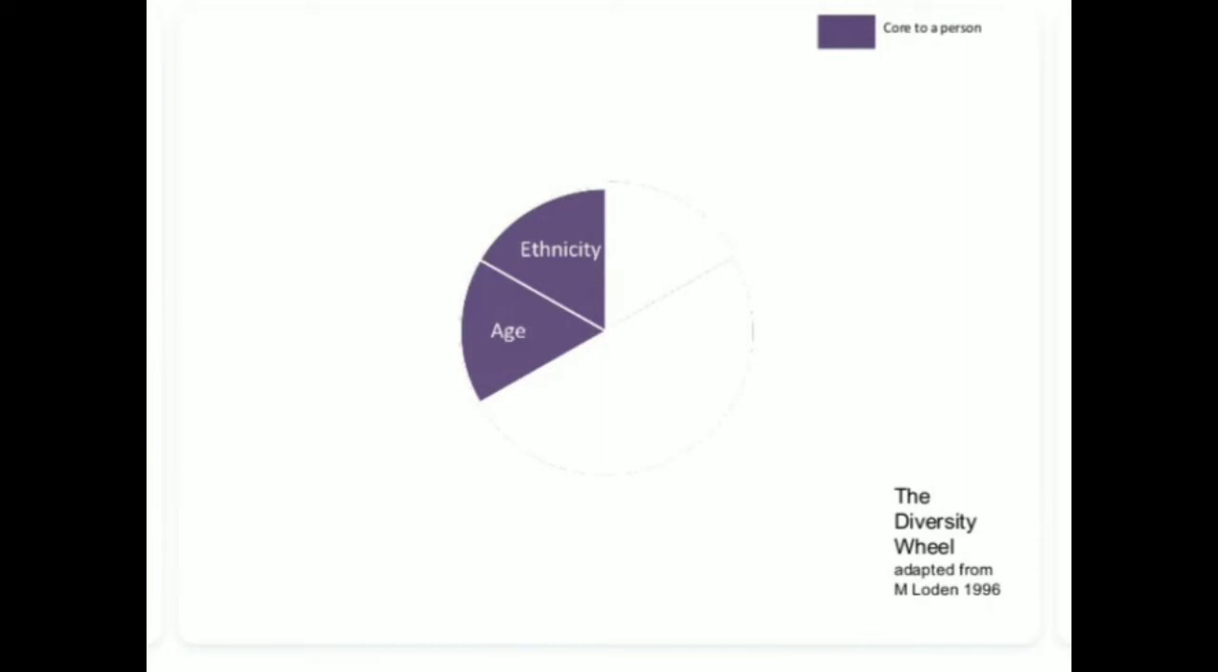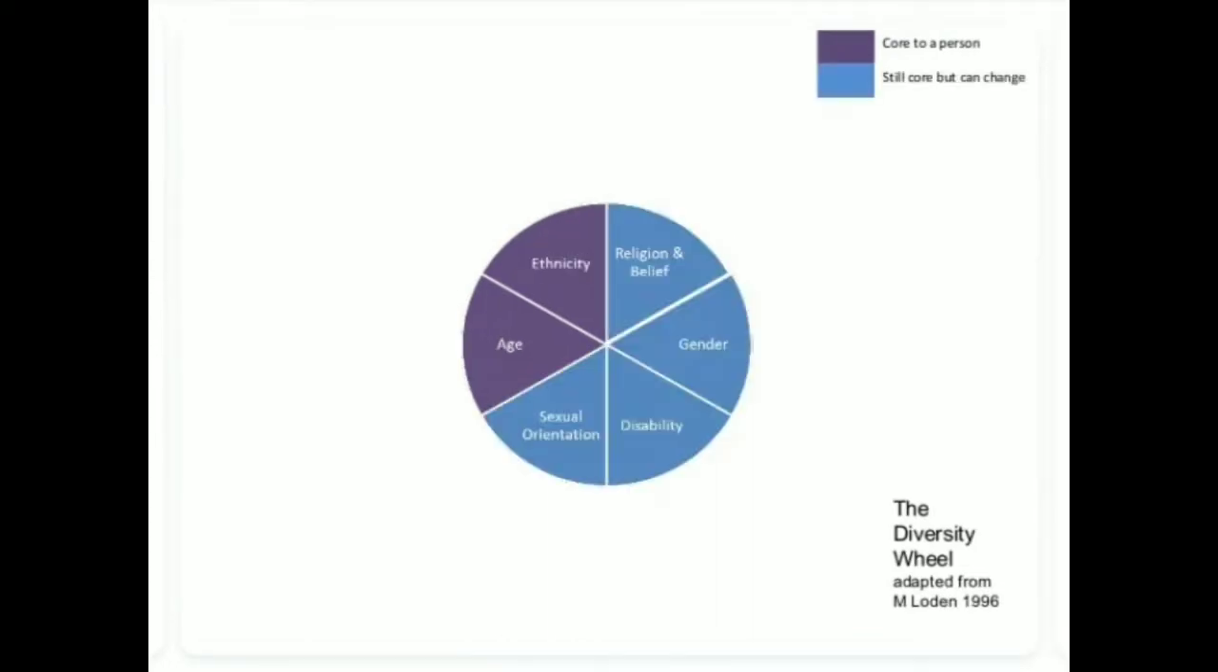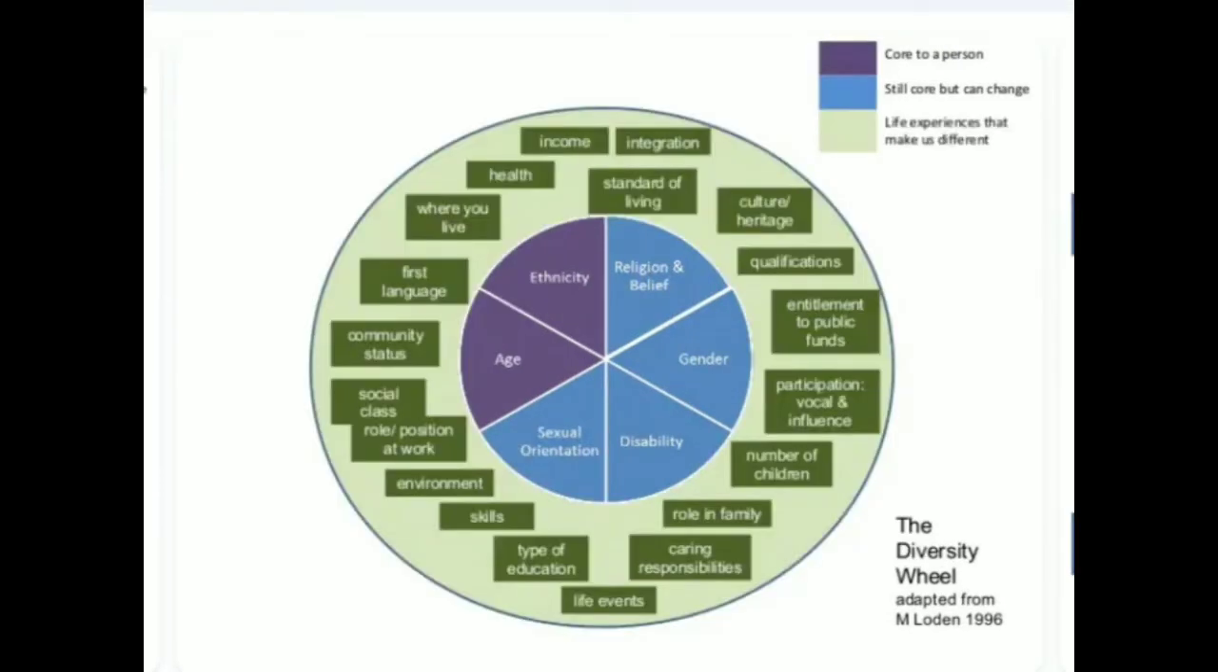So it means that our age and ethnicity, our nationality or race, we cannot change them. While religion, belief, and gender are core, but we can change them. They are still core in us, but we can change them in a way that there is an influence. They are labeled as the inner embedded sphere in which we as humans do not have any control since they are part of the diversity. In the outer sphere, we have income, integration, standard of living, cultural heritage, qualification, entitlement to